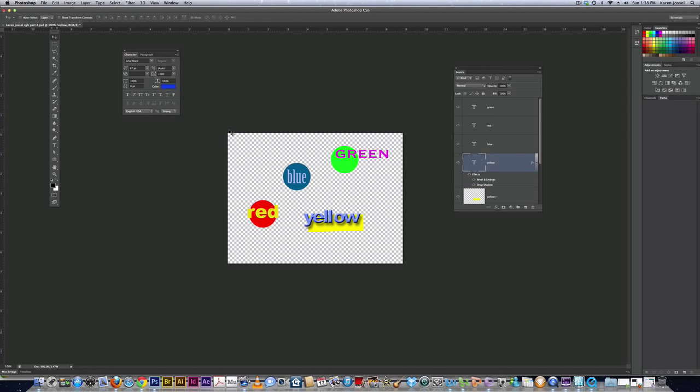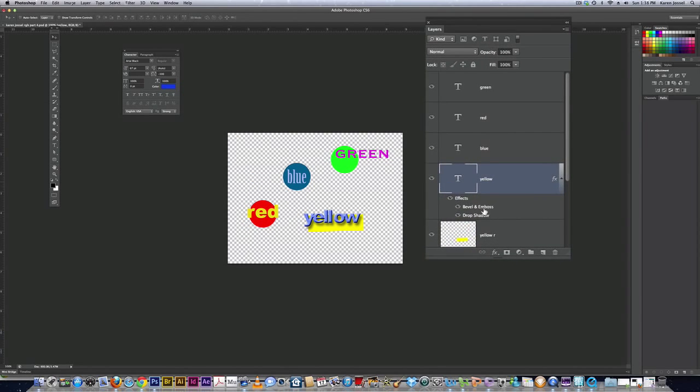Okay. So now I have 2 layer styles. See, there's more things attached to this layer. There's this little tiny FX. There's Bevel and Emboss. There's Drop Shadow. If I like this so much,